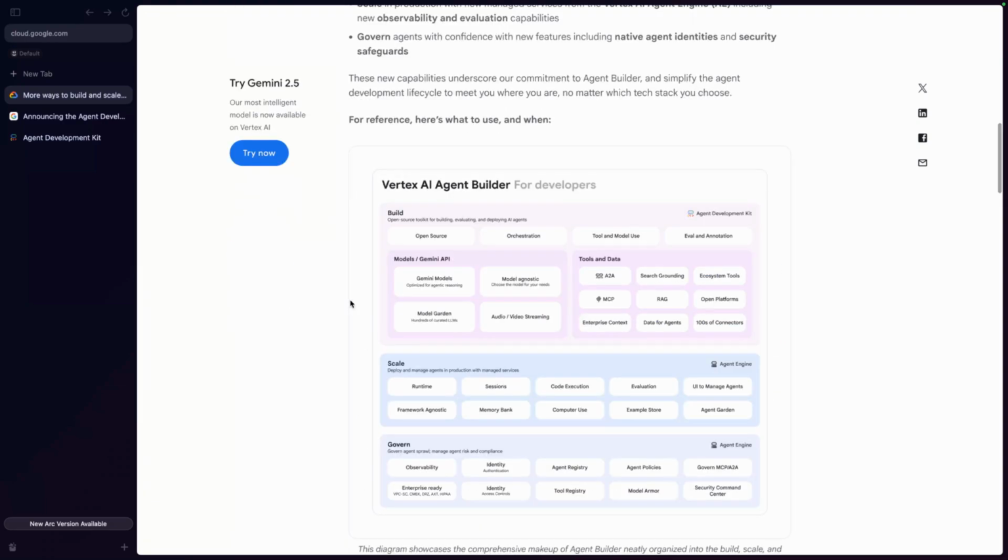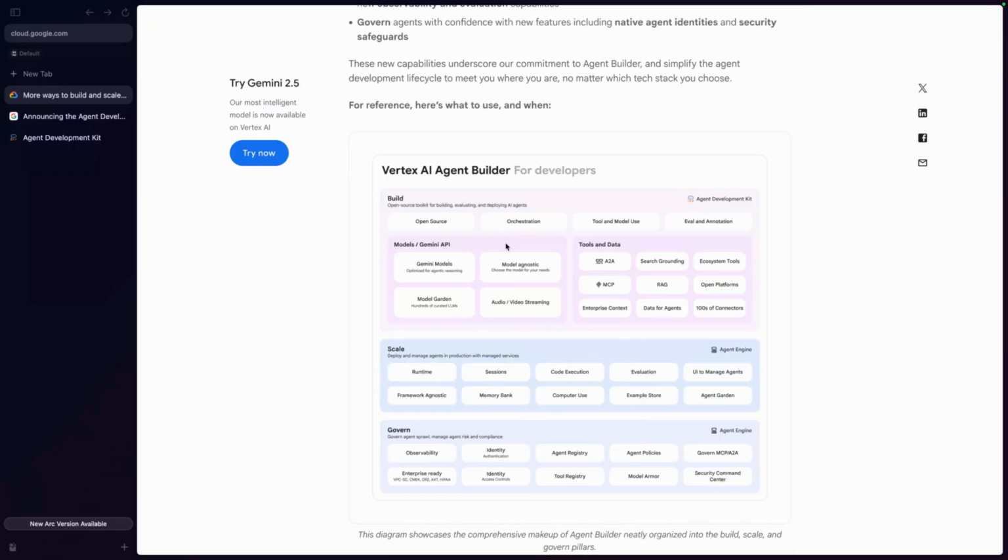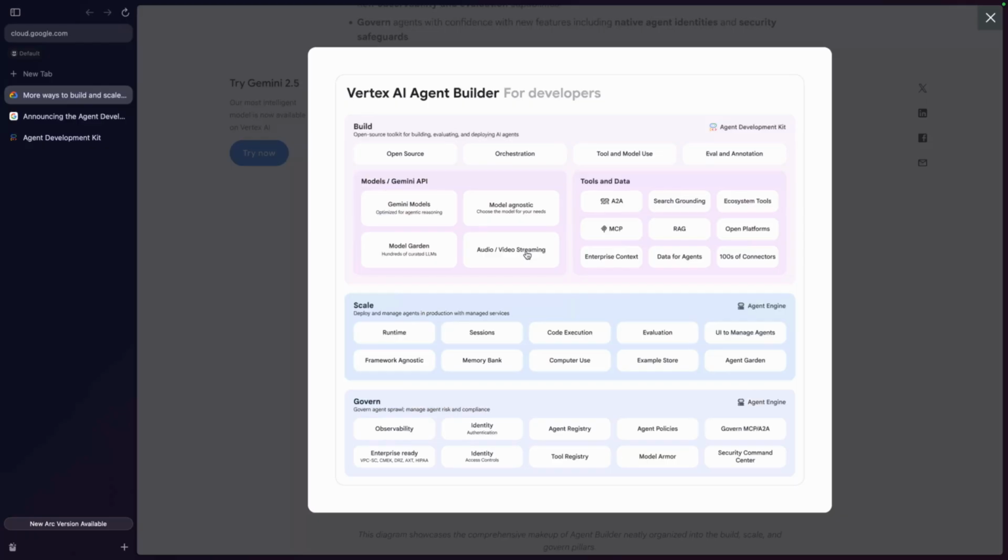What I want to point out here is, this is the Vertex AI Agent Builder stack, and at the core foundational piece of the stack is the ability to build these custom agents, and at the heart of that is Google's Agent Development Kit, which you may or may not have heard about at this point. It's mostly referred to as ADK for short, but effectively it's Google's flagship